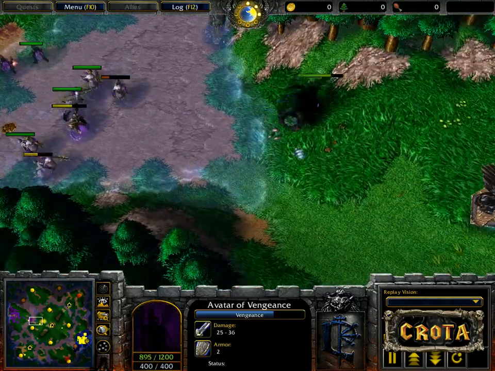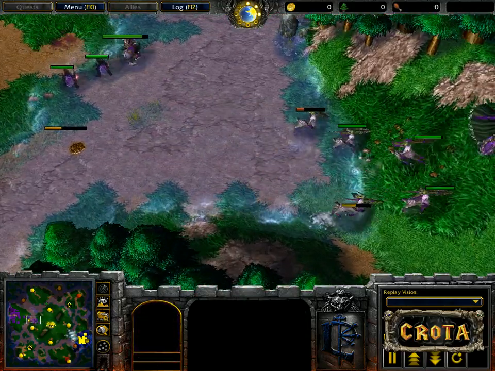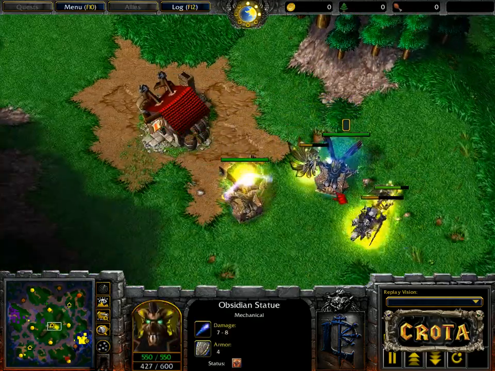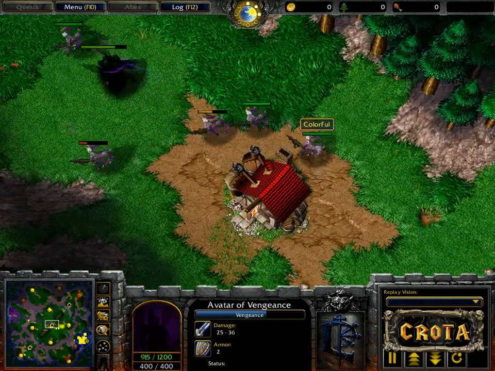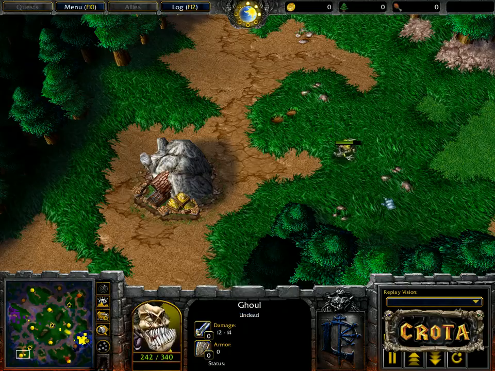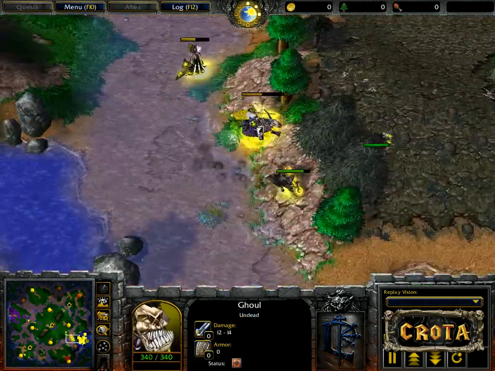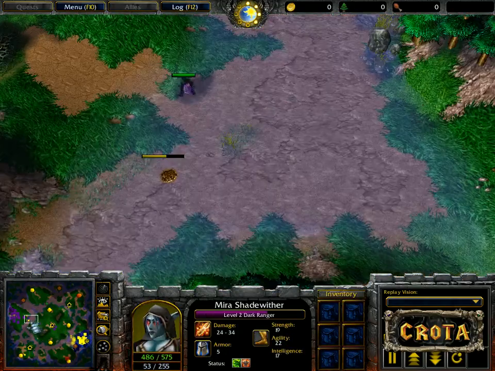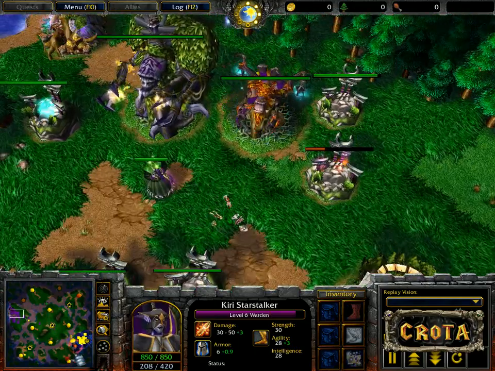All right, Avatar of Vengeance still chasing. Spirit of Vengeance is not chasing at all, as we're looking at, I believe, all 3 heroes for Undead did manage to stay alive, as the Dryads and the rest of the units are still doing a bit of a push. Down over here, one Ghoul makes sure that there is no expansion coming into play. With Death Knight, Lich, and Dark Ranger coming back over, we can see the Dark Ranger sitting at level 2